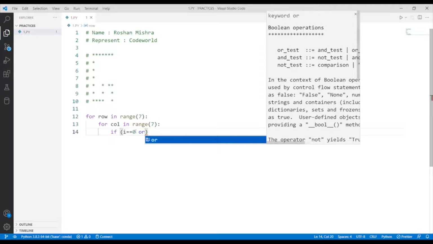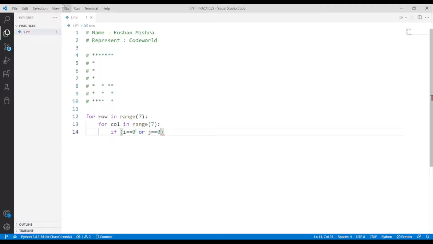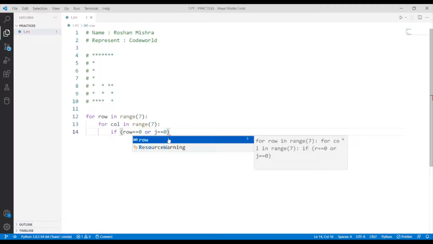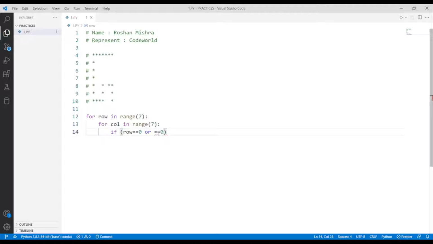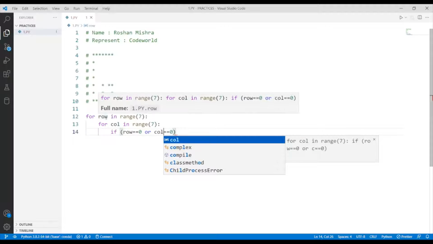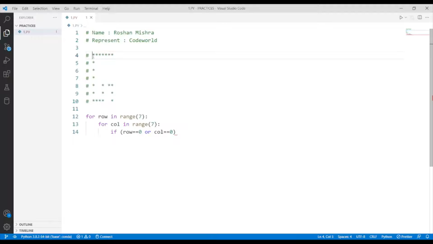Or j equals 0, since i is for rows and j is for columns. So row equal to 0 we want full stars, and if column equals 0, this is our first column that is assigned as the 0 index, then also print.